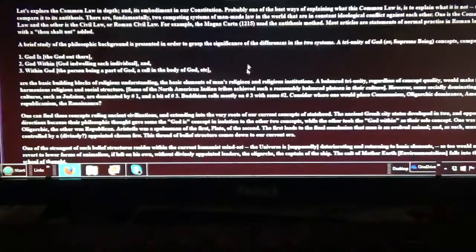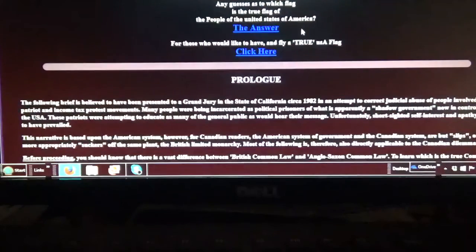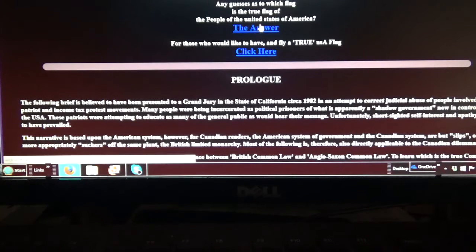Okay, that's end of part 2. And there's 13 other parts, but they're actually going back to the first page. At the top of this, it says, any guess as to which flag is the true flag of the people of the United States of America? And it gives the answer, probably not quick. And then,